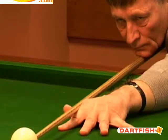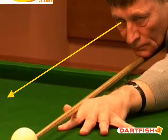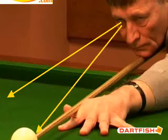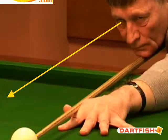The fault of players who look up to the object ball at this time is that they can't see if they're in the centre of the cue ball. You've got to have that final check just to make sure the cue has remained in the centre of the cue ball and on the line that you want. So as we can see here, let's